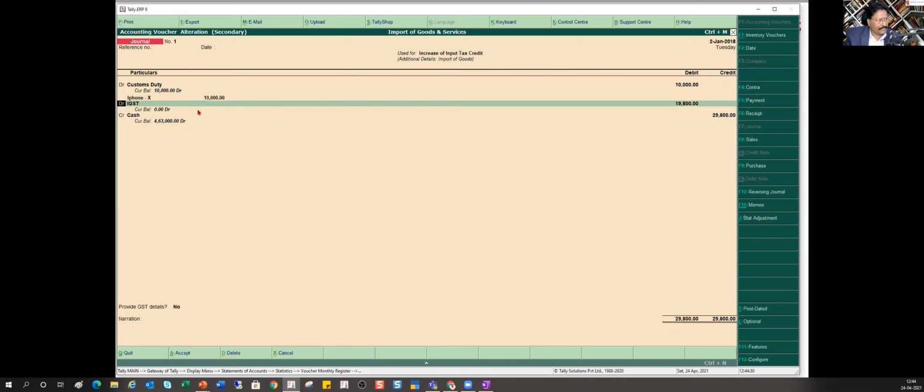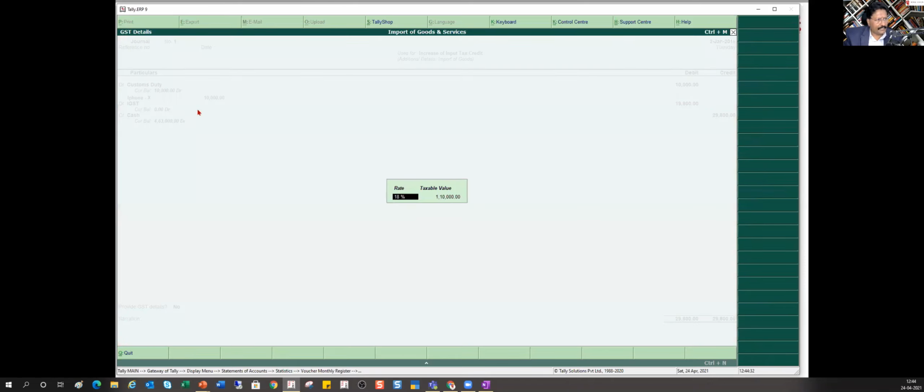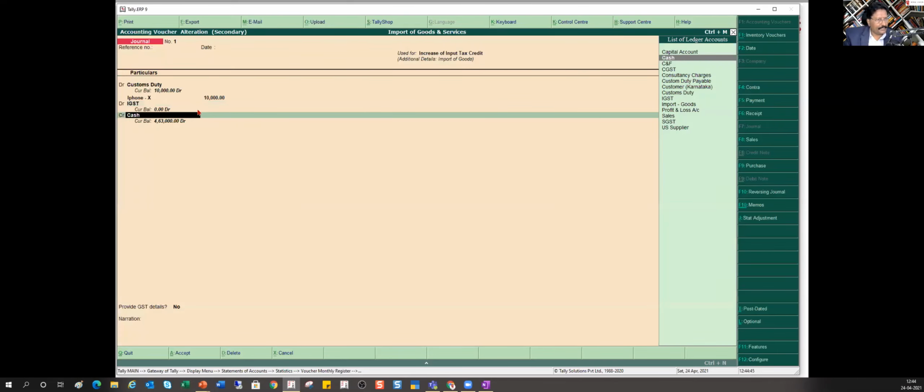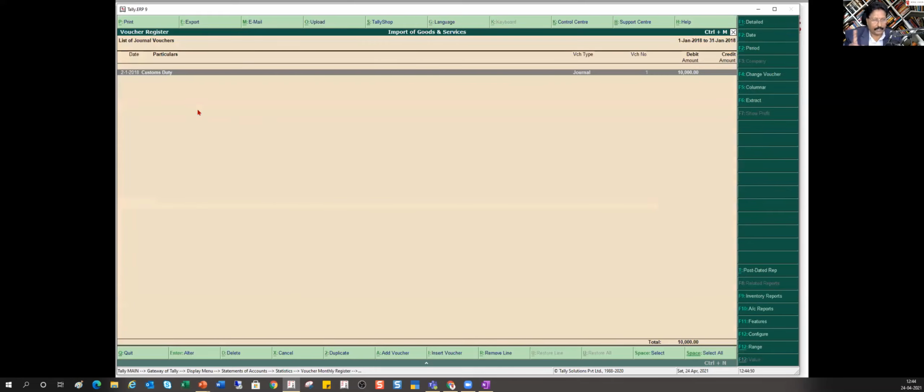So I have done this. Then my IGST, GST ledger I have done. Okay, so now this 1,10,000, you will enter this 1,10,000. These areas are manual. Tally is not giving you anything automatic, so you will enter here. Okay, and then you make your payment, cash or bank or whatever it is, and then you have saved this. Okay, so now what I've done, I have accounted for my input credit, that is the IGST that I have paid. I have also accounted that as my eligible input tax credit.